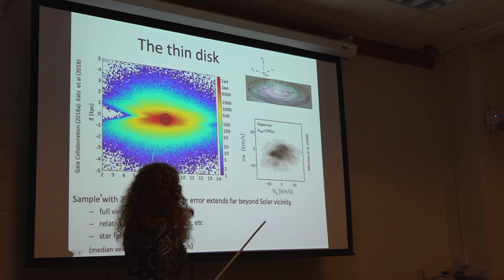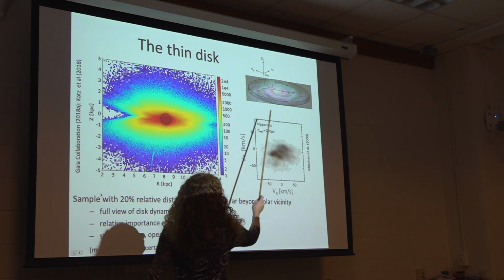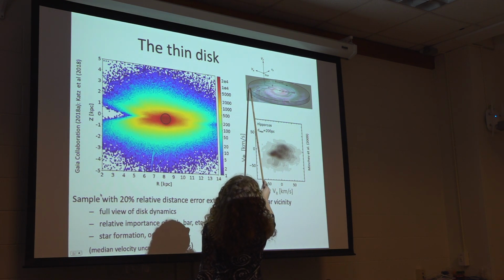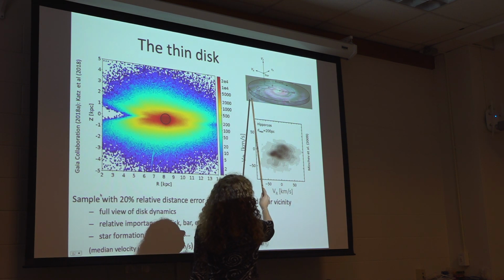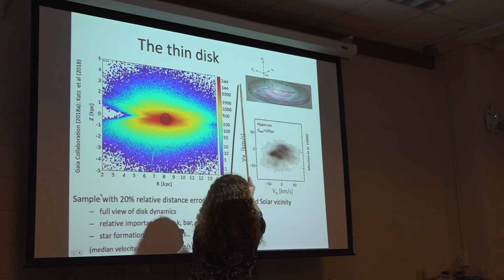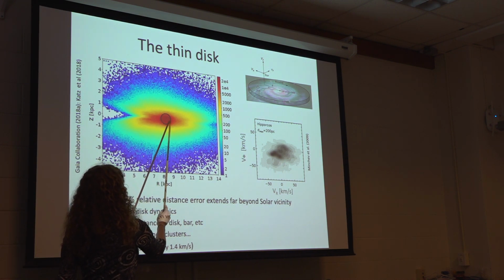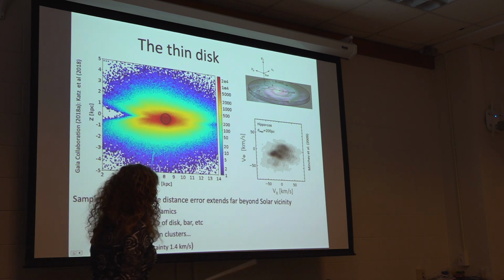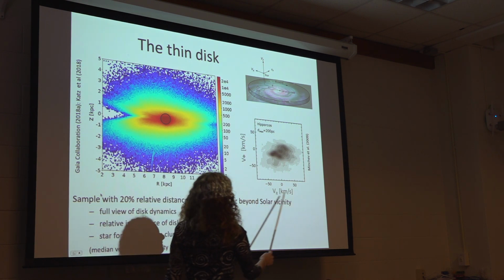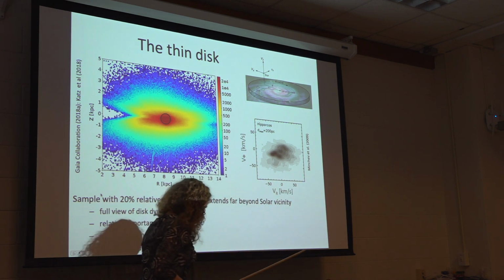So let me just get on the same page with you on what the velocities are, because we'll see lots of velocity information. We have the galactic center here, the sun here. Then the V-phi velocity denotes rotation around the galactic center in the plane. Vz is perpendicular to the plane. And VR denotes the radial direction in the plane, right? So what you can do is look at all of the stars in a volume like this around the sun, and this was the state of the art before Gaia DR2. What I'm plotting here is the radial velocity in the plane against the velocity in the sense of rotation, and what you see